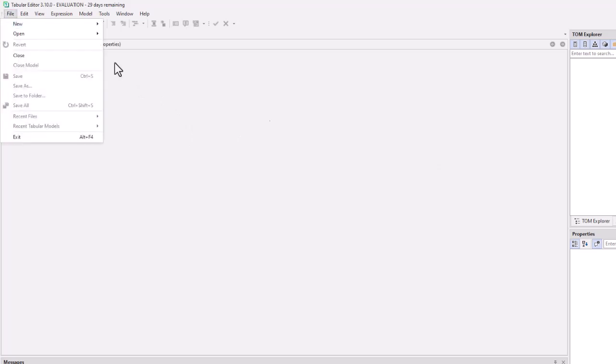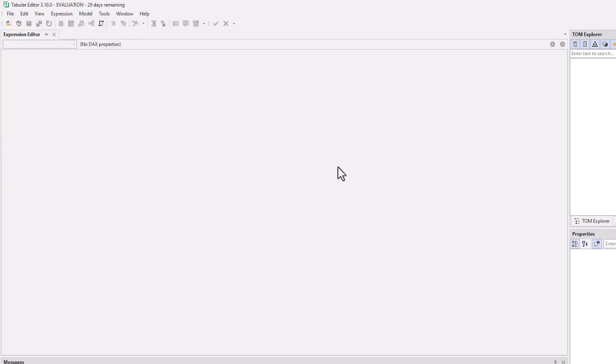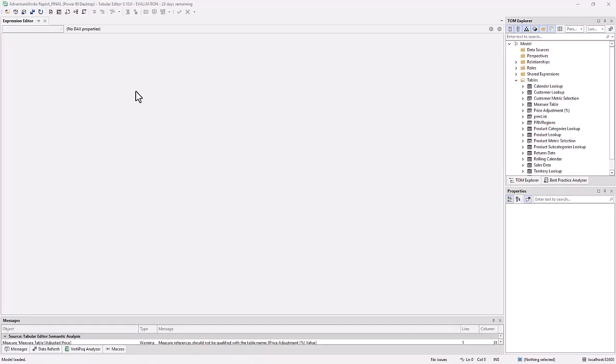bring in your different models from a data file. If you want to check your tables, we're going to show you, you must have a data model open. Once you open a DAX model and then open up Tabular Editor 3, you can see how it brings in all of your tables from the current model that is open. It allows you to see how many days are remaining on your trial, or if you have a software license, that will disappear. You have options to